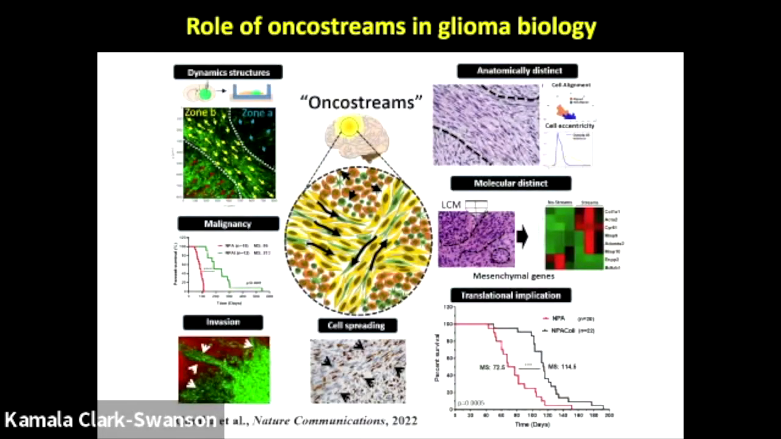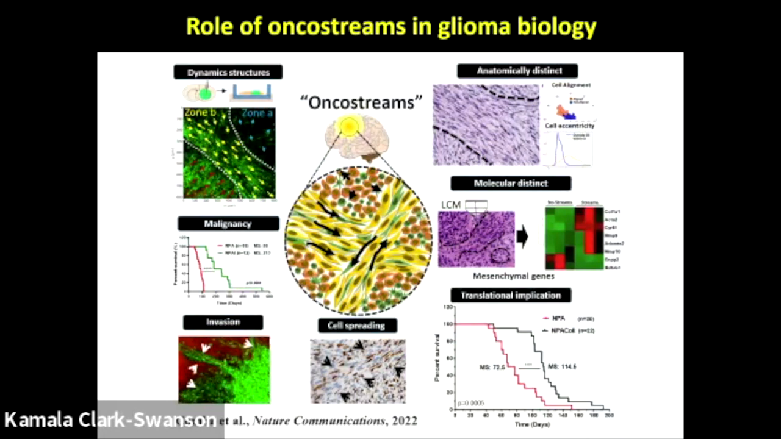Great. So I'm going to summarize 7 to 8 years of work in the lab. These oncostreams are anatomically distinct. They're dynamic structures that move back and forth through different parts of the tumors. They contribute to the malignancy of the tumors, to invasion, and to cell spreading. So they have a role in setting up the heterogeneity